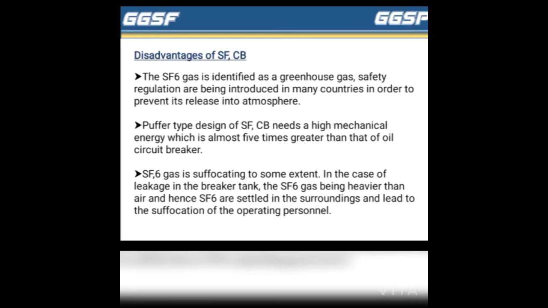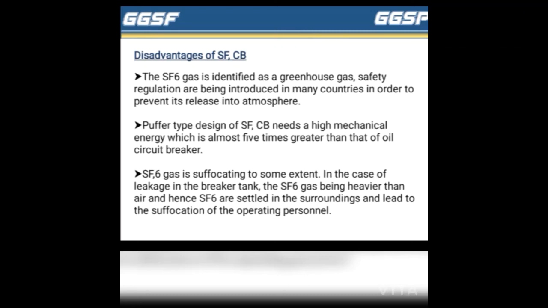The SF6 circuit breaker gives noiseless operation due to its closed gas circuit and no exhaust to the atmosphere. Unlike the air blast circuit breaker, there is no reduction in the dielectric strength because no carbon particles are formed during arcing. Disadvantages of SF6 circuit breaker.